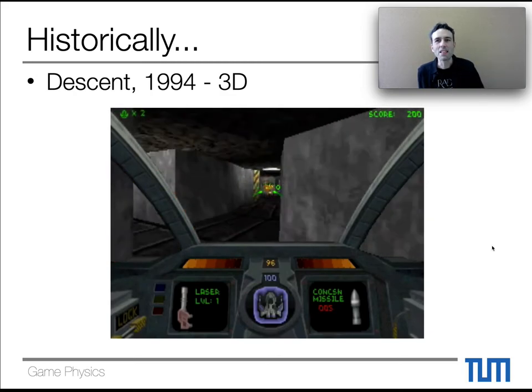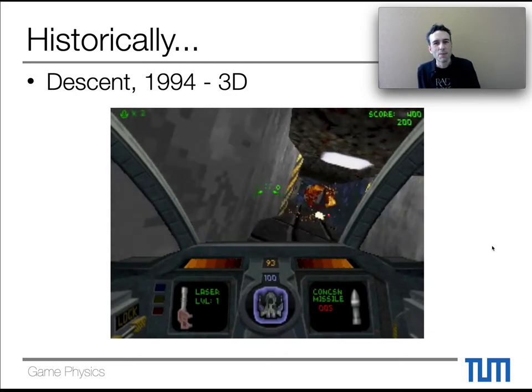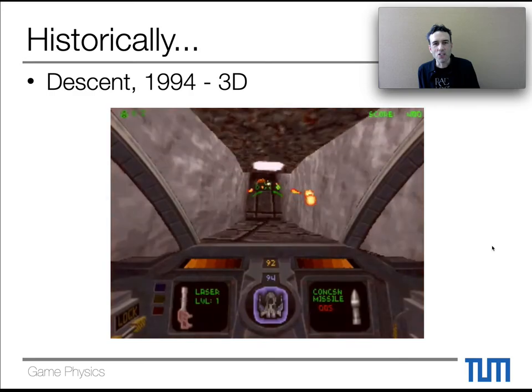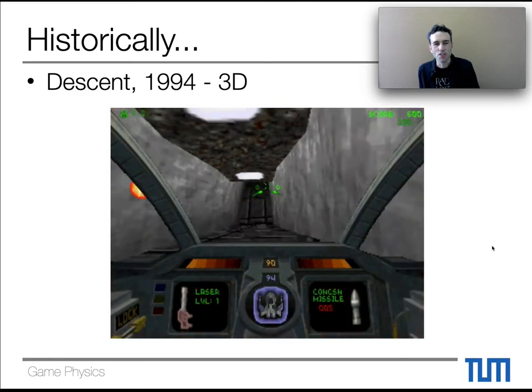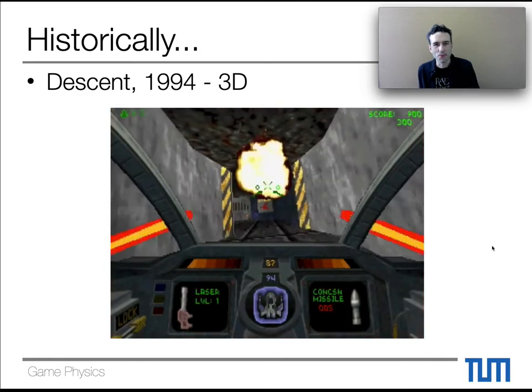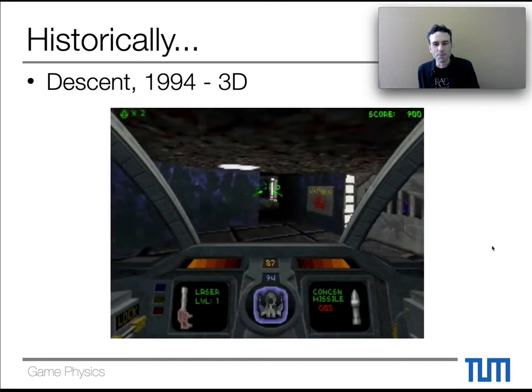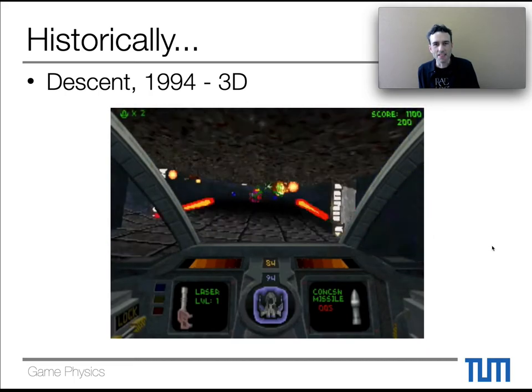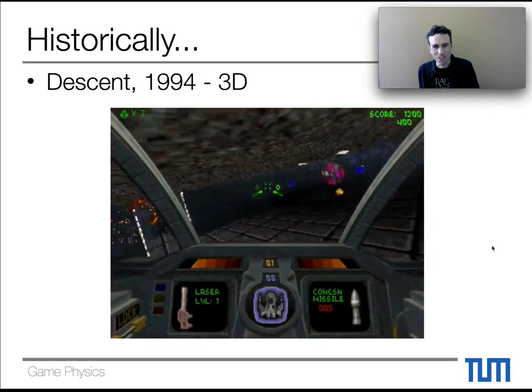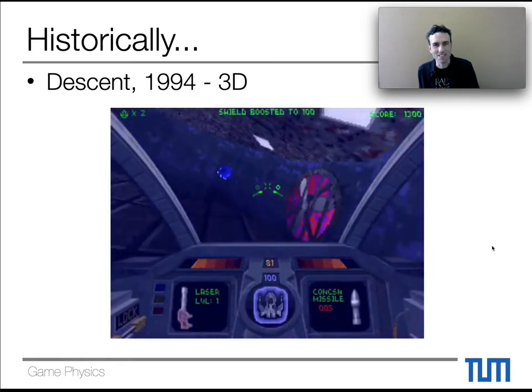It's not really a physics game, but this actually was the first game to be fully 3D. And interestingly, it kind of failed because of that, because it was too much.